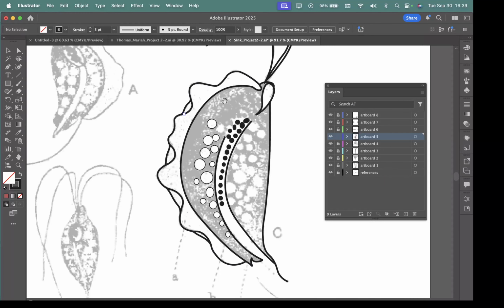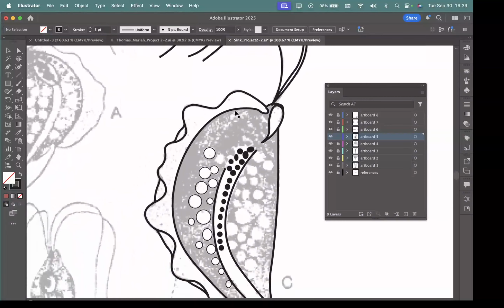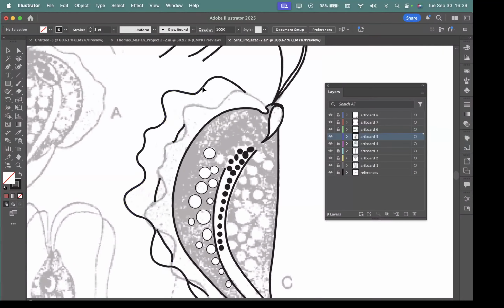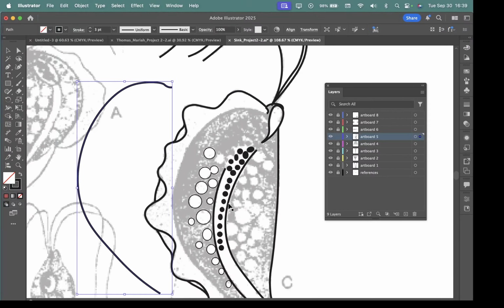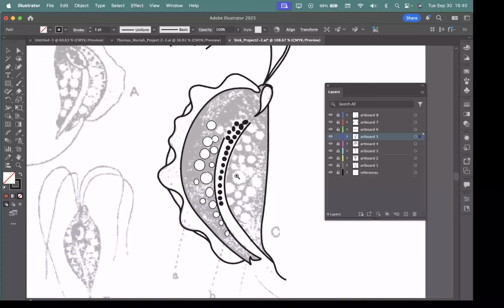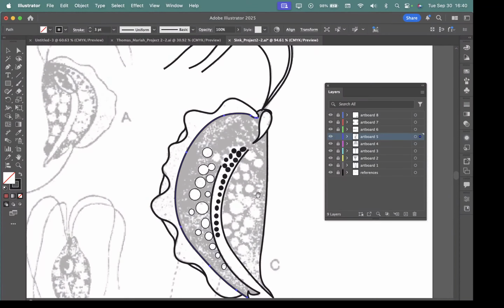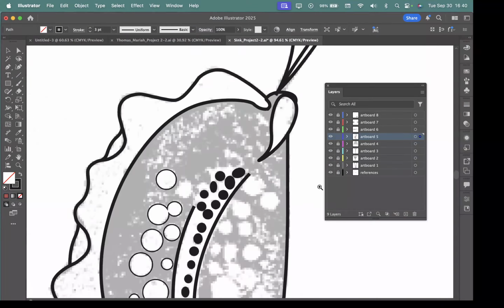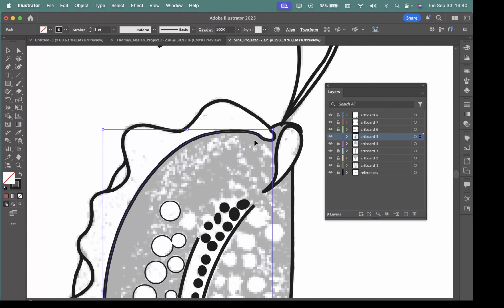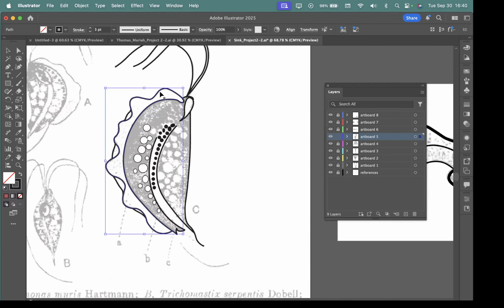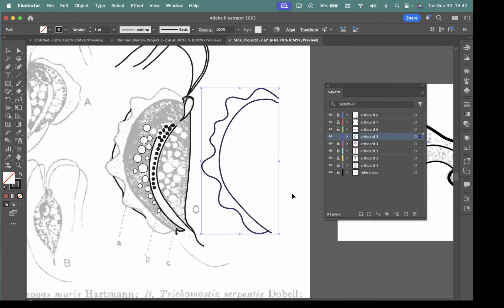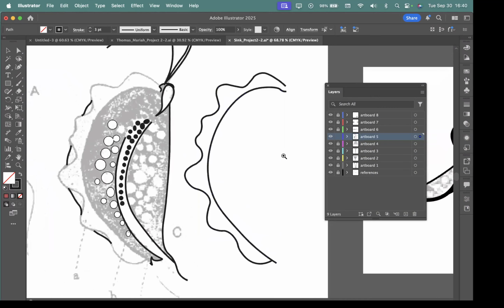So what can we do to fix this? We have to see how this is constructed. If I click on that, I can see that's an open path, and if I click over here, I can see there's another open path. So how would we fill this with color? There's a couple of options. One is we can join these paths together. So if I select these two objects and lock these away to see what's going on, we could see that if we select both of these